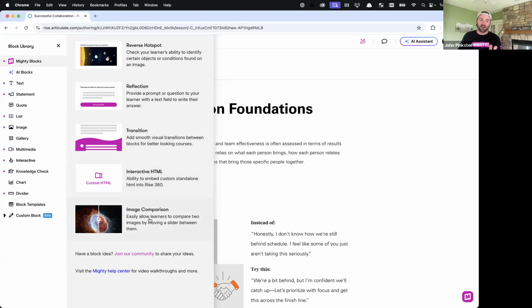I'm going to jump over the interactive HTML block for a second. The image comparison block allows you to have two images overlaid, and then you can do this juxtaposition, where you reveal more or less of an image, again allowing you to compare two images from a learner's perspective. And then last, but honestly the most powerful, is that interactive HTML block,